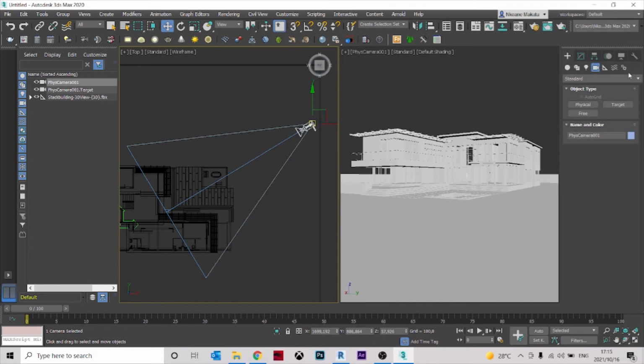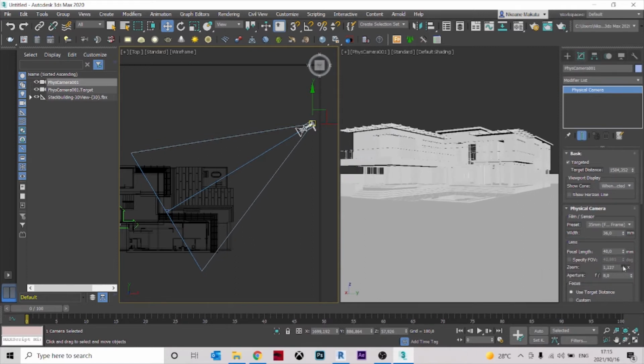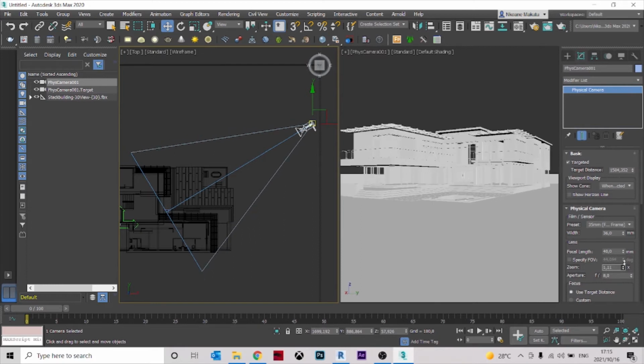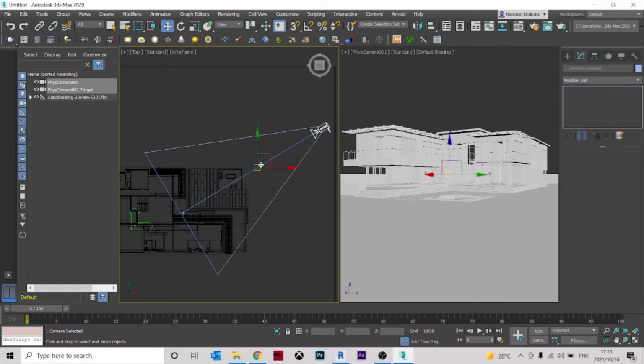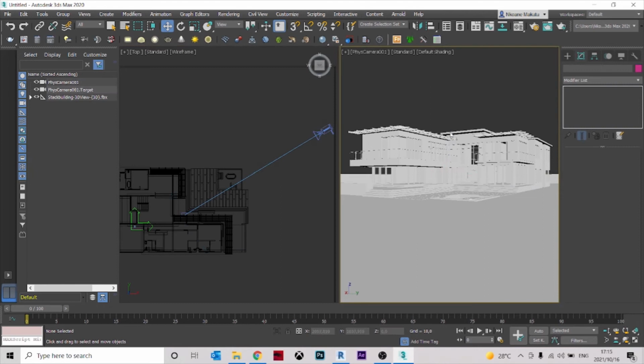I'm going to select the camera, go to the modify as the camera is selected, and I am okay with the focal point. I'm just going to change the zoom factor a little bit to there, and I will move this like that. So I'm trying to center it in my view. Once I have it like that,